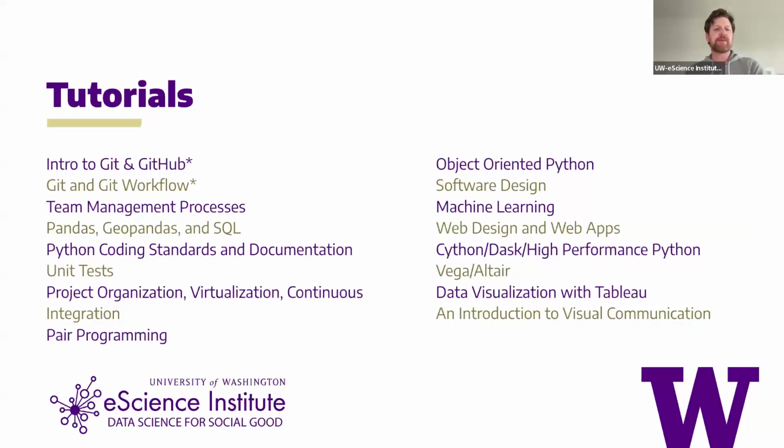So we provide a number of trainings to get everyone up to speed on some of the skills that will be crucial during the program. And here's a list of tutorials that we've offered in the past. The first two are staple items. These are beginner Git and intermediate Git, and we always offer these. Other tutorials are provided as needed, depending on what is required in the projects and on student interest. And sometimes we offer tutorials because students request them, even if it's not based on a skill or a tool that will be directly used in their project.